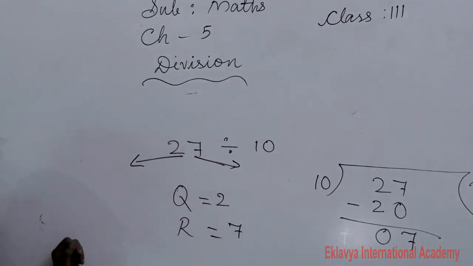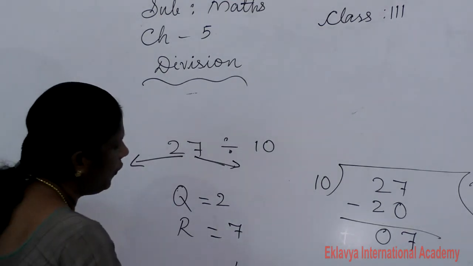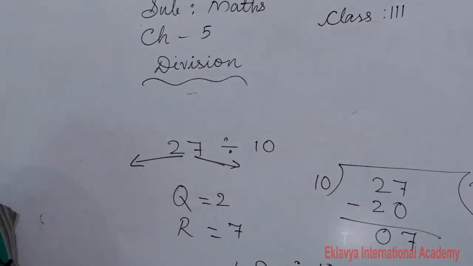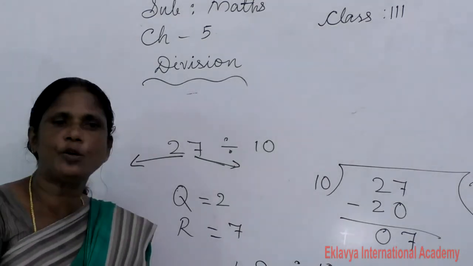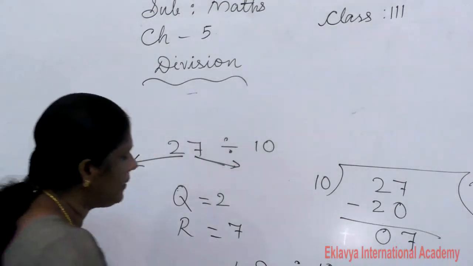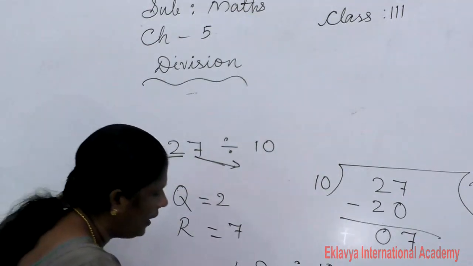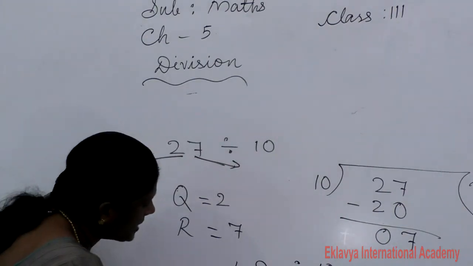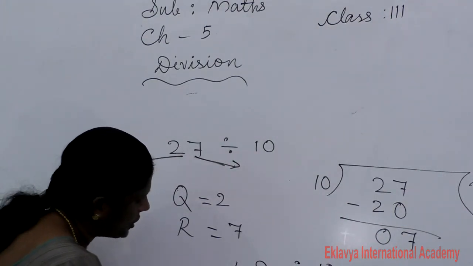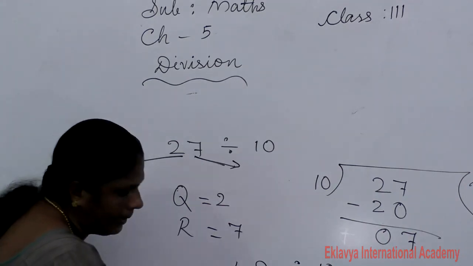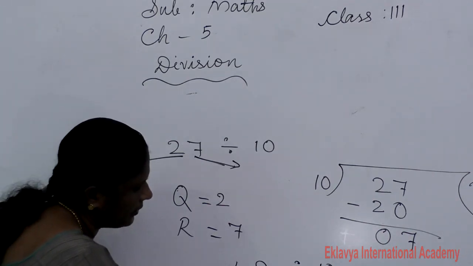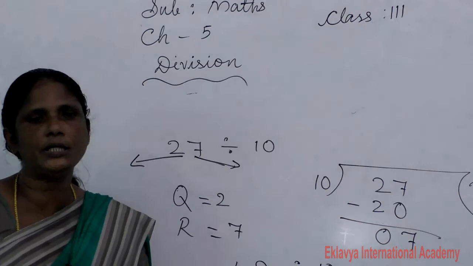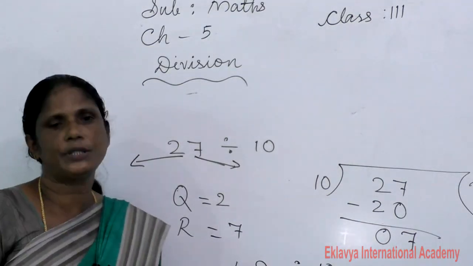You understand? Again, 48 divided by 10. 10 से divide करने के लिए how many digits को remove करना है? 1 digit को. 1 means which digit को हटा देना आप? 8 को. This 4 is our quotient. Quotient is equal to 4. Remainder is equal to 8. You understand? Yes, these are the properties of division. Thank you.